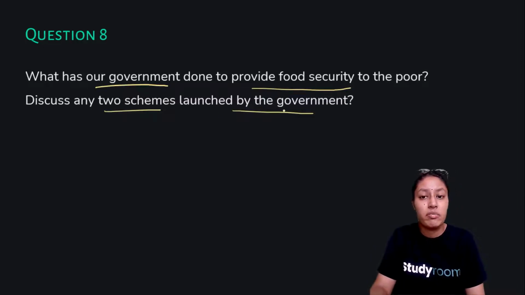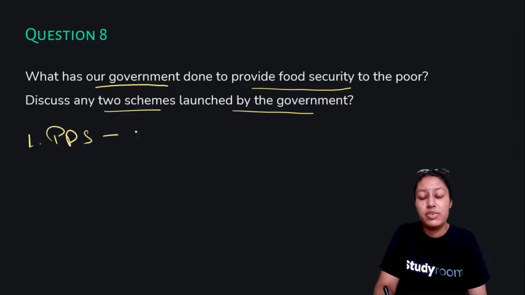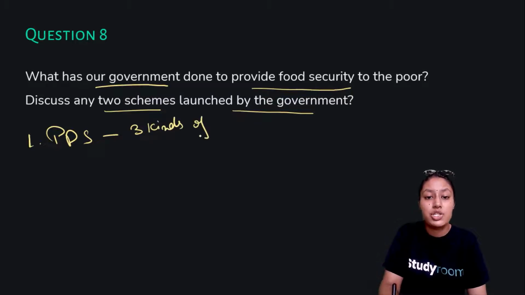So, what has our government done? We have majorly seen 3 interventions. You can discuss any two of them. First one is PDS, public distribution system, under which different kinds of ration cards have been introduced. You can discuss here three kinds of ration cards, which are